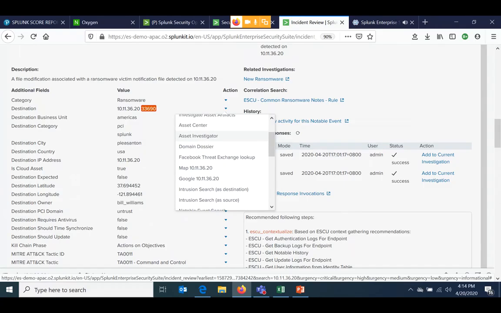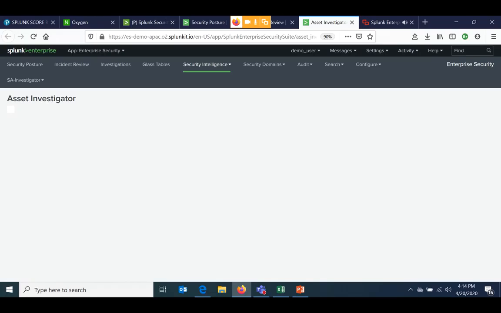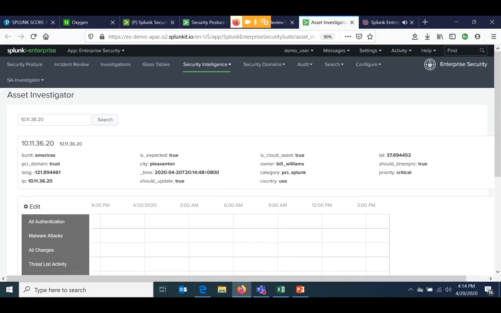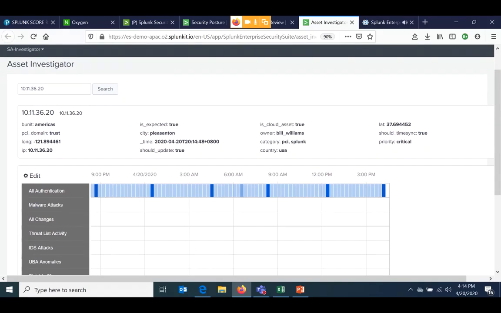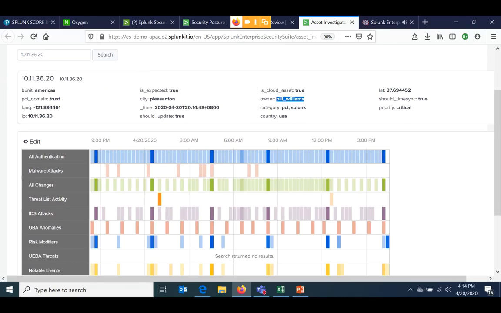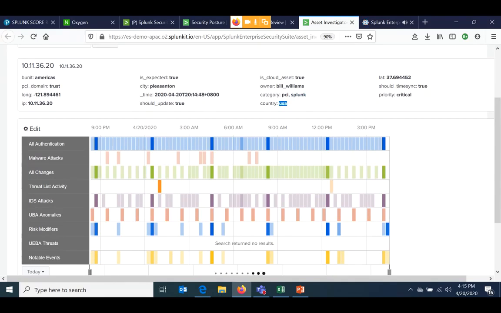Let me take you to one place where you can see everything in one pane, which is called Asset Investigator. What Asset Investigator does is give you the complete details around the assets, like whether that asset belongs to the PCI domain. It shows yes. What city it is in, who the owner of the particular asset is, what category it falls under, what country that device